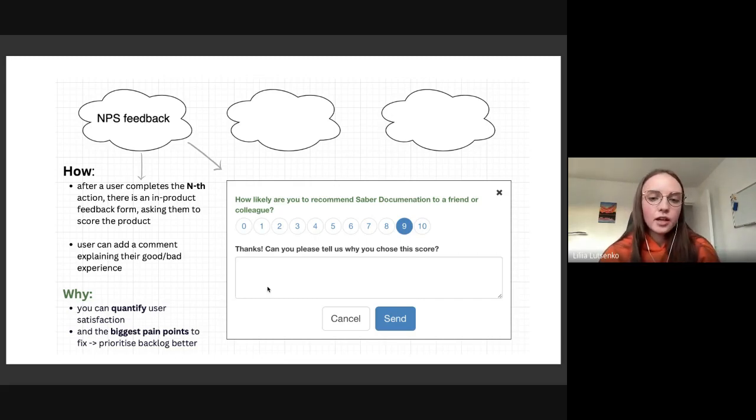Why does it work? You can quantify customer satisfaction, the NPS score. And for those people who are dissatisfied, those who put the score between 0 and 6, you can see why they are dissatisfied with your product in their comments. Yes, you have to process these comments. There are lots of solutions for that already, but you can easily group these comments into the biggest pain areas and see why your customer satisfaction score is dropping.